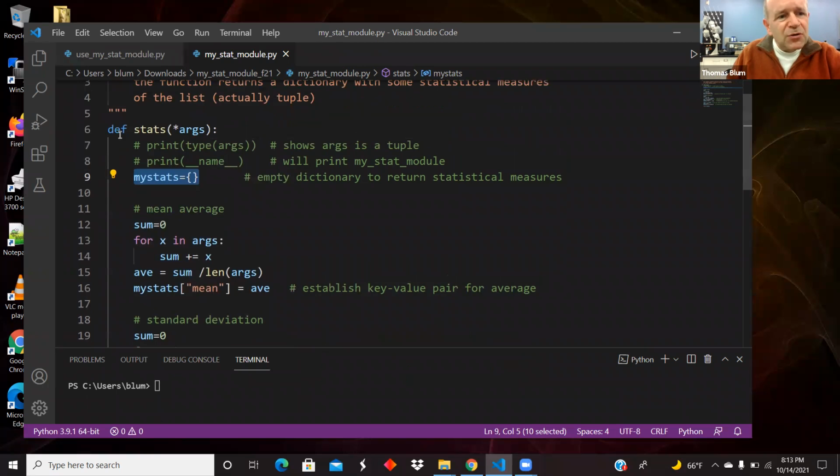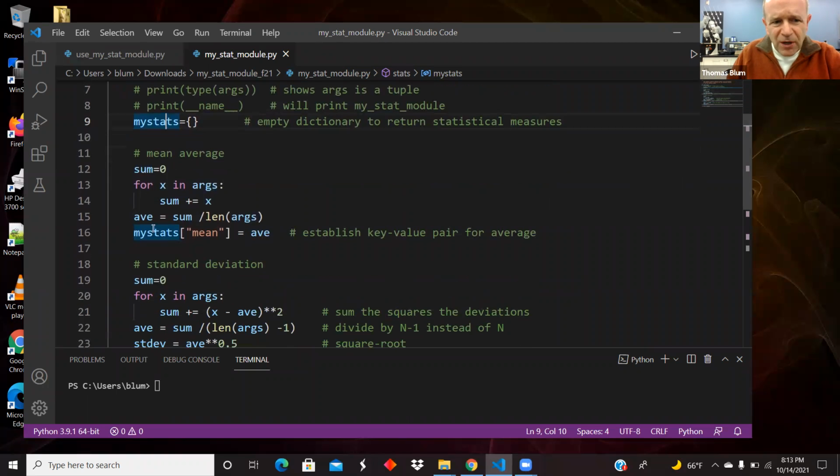Anyway, I'm defining a function called stats, it takes in the star args, it's setting up an empty dictionary, just a little loop here to sum up all of the values and divide by the number of them. And that is giving us our mean,